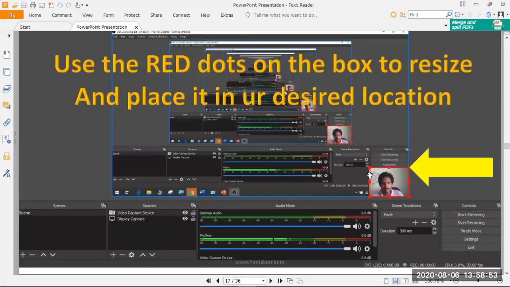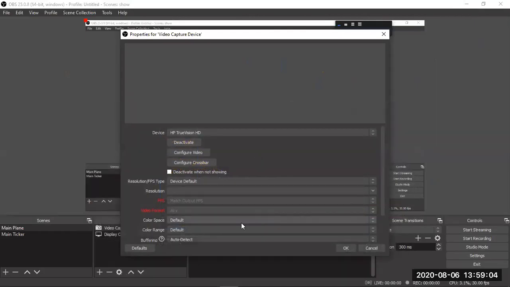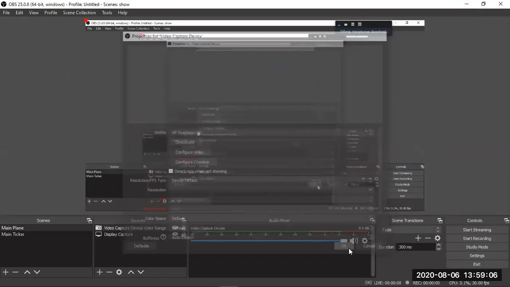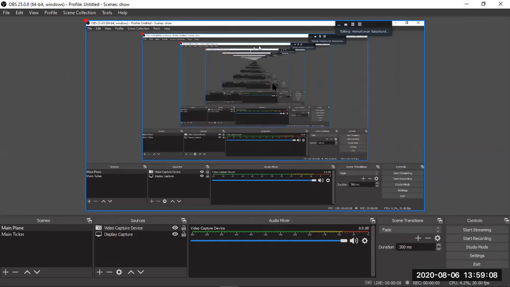And I can just place it over the bottom. That's how it traditionally comes. So this is how you resize and keep it. Now you have your screen. See here the video is not available, so it is not able to show the difference. Here display capture will actually capture your desktop.